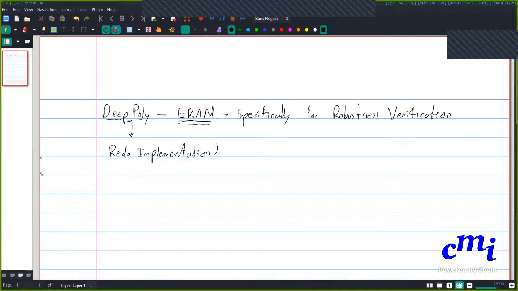Yeah, but I don't exactly understand. I don't know if the others do either. What exactly do you mean when you say redo your implementation? Maybe. So what I mean is that you'll have to implement the DeepPoly algorithm in something like Python. Oh, I see. And that means you have to implement DeepPoly itself, like all that propagation and so on.